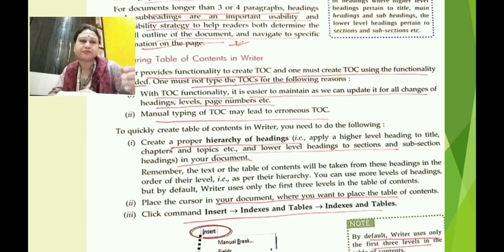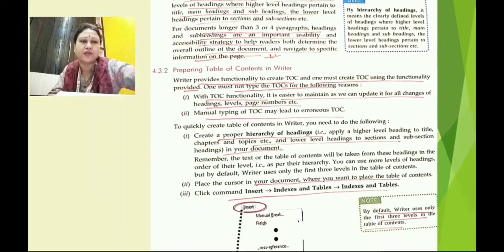As you can see, we have to leave the first page, where our table of contents will be created automatically, and then from the second page onwards we have to type the different contents which we want to add to our table of contents. That is the first unit, and under that unit, whatever sessions you have, accordingly we will do this practically after the explanation here.